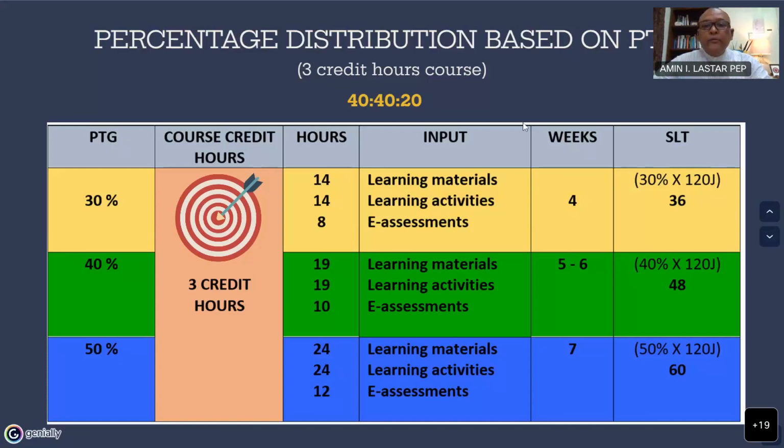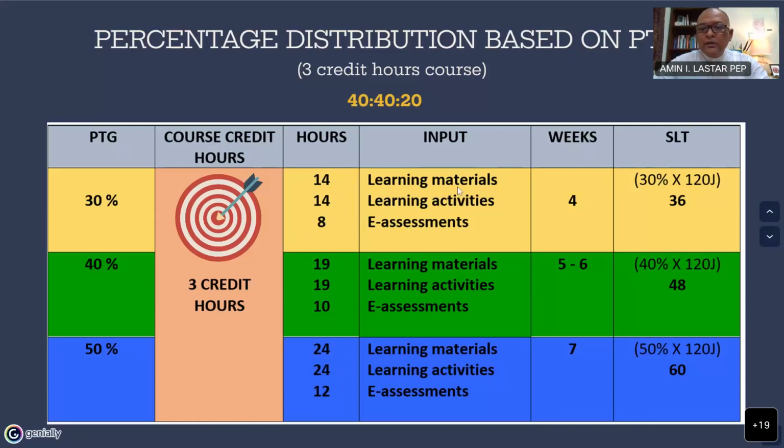So based on the PTG which will be implemented in the next sessions, this credit hours is divided into 40%, 40%, and 20%. So what is 40, 40, 20? It is referring to, for example here, 30% of PTG. 40% of learning materials is equal to about 14 hours, 14 hours of learning activities and 8 hours of e-assessment.